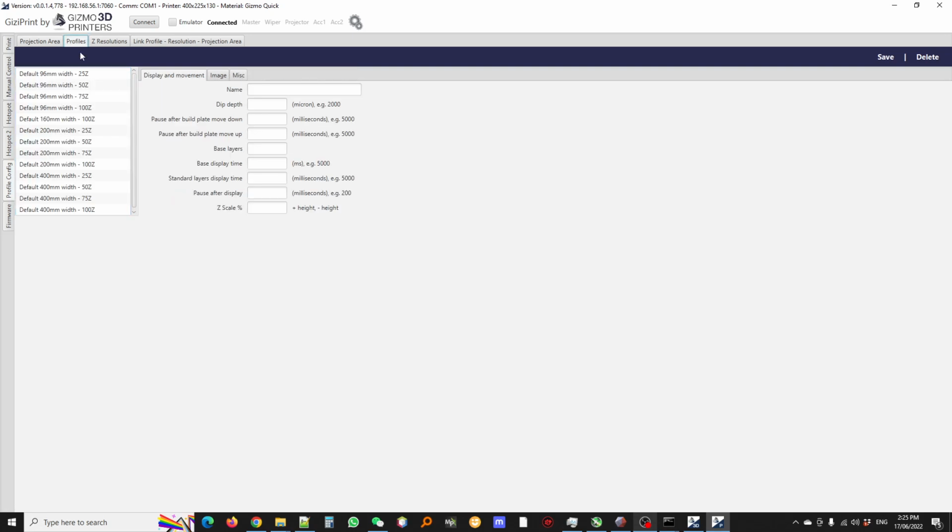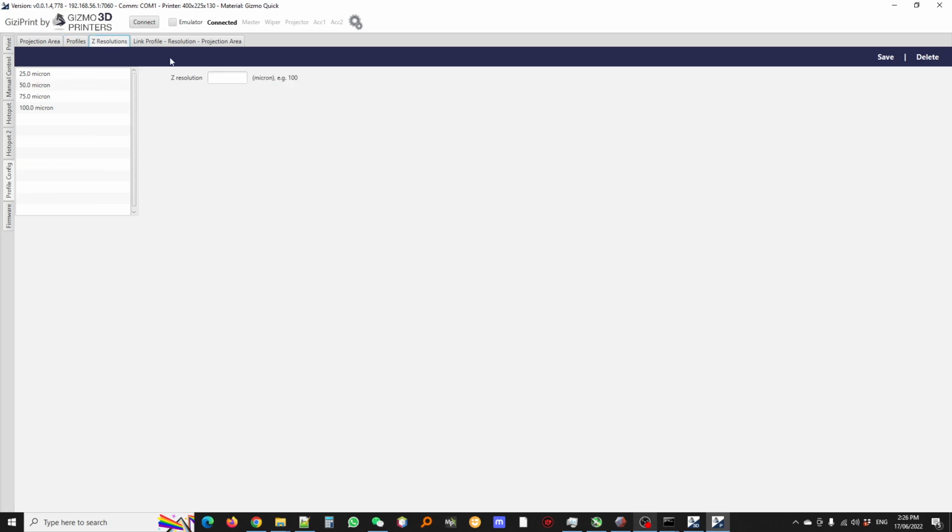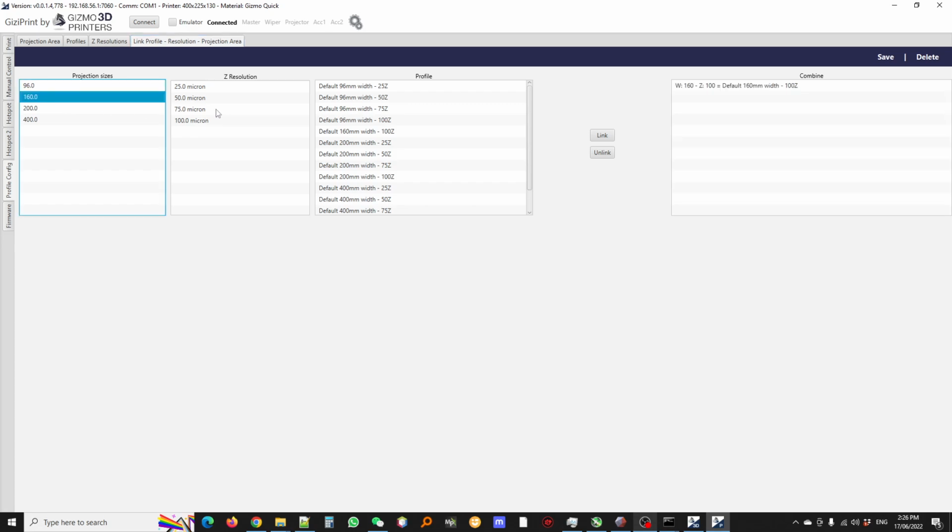Now, this works the same as before. You will create a profile, and again, we're sharing the same files. I will go into more detail on this profile a little bit later in the next video. You have the resolutions and you have the linking. So you need to make sure your projection area